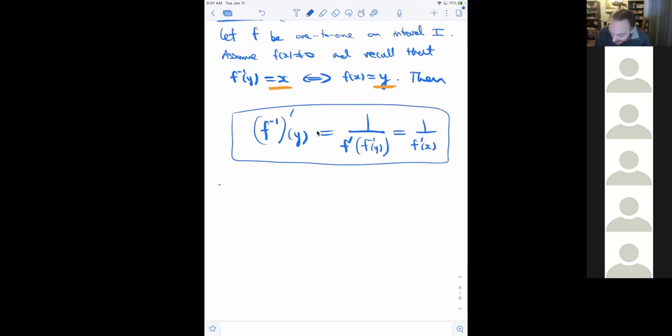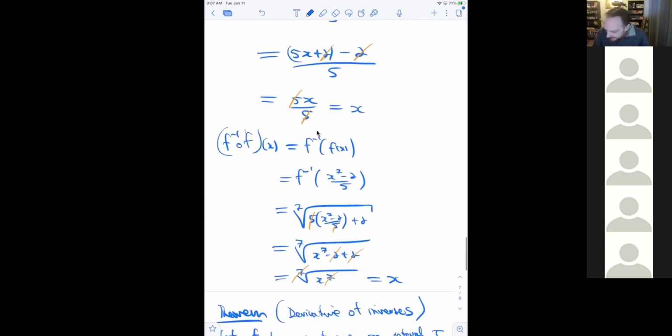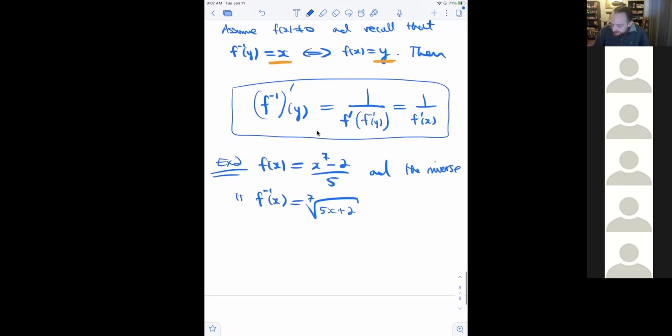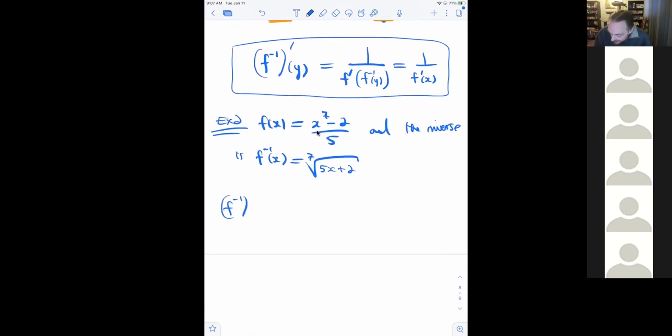Look at the function that we just had. f of x is x to the 7 minus 2, over 5. And we now know the inverse is f inverse of x is equal to the 7th root of 5x plus 2, if I remember correctly. Yeah. So we could just take, with the chain rule and everything, the derivative at a point. So if I want to know what is f inverse prime of 1, say,